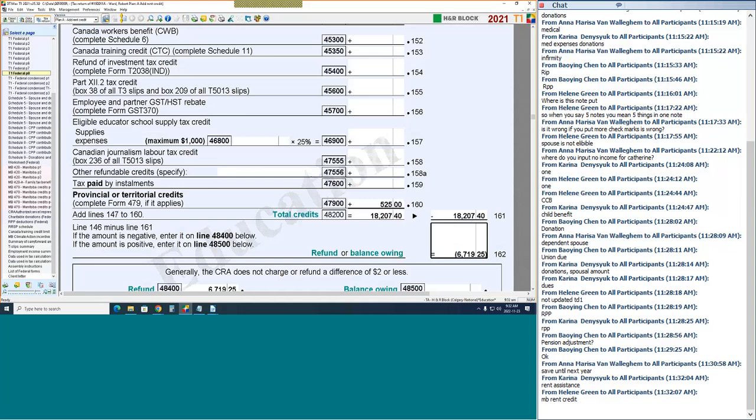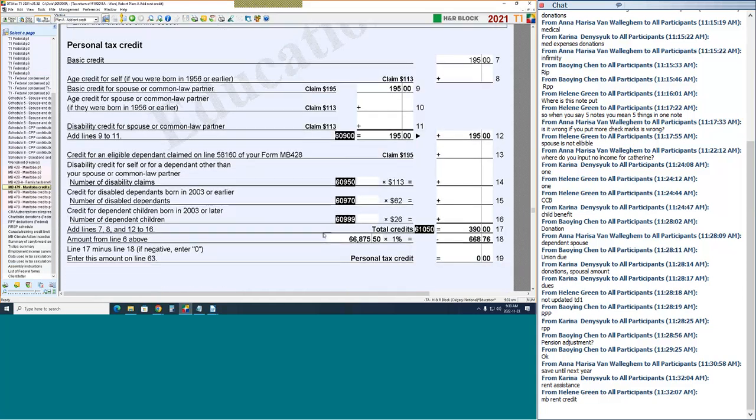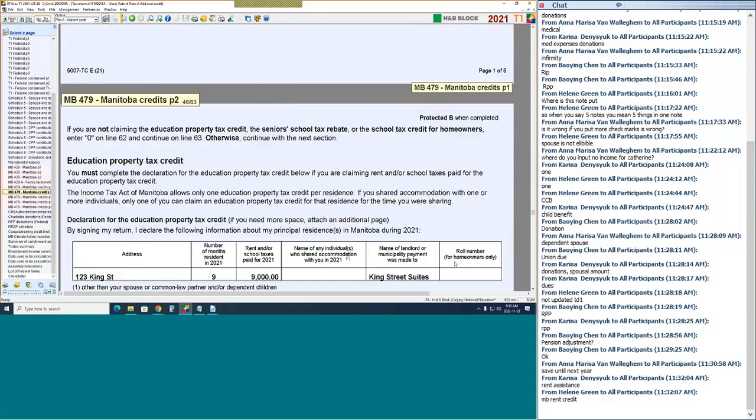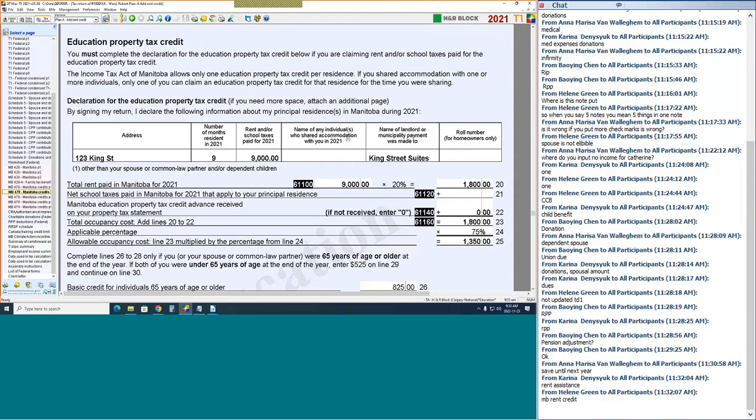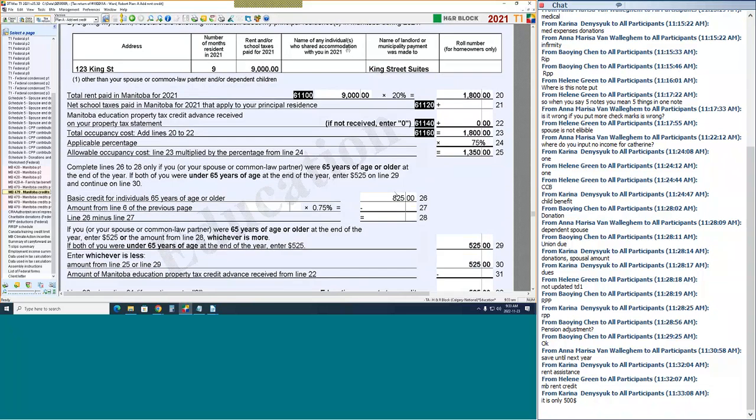So if they have rent receipts, we would be able to go ahead and calculate that rent credit for them. It's going to generate an MB479. It's going to look exactly the way you think it's going to look. Their personal tax credit is zero because his income is too high, but we would be filling out the second page, which is going to have their address, the number of months that they were resident, their rent. So if I have rent for 9 months and it was $1,000 a month,